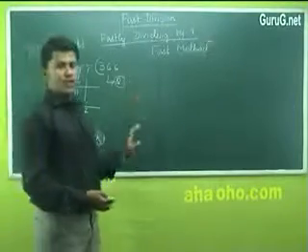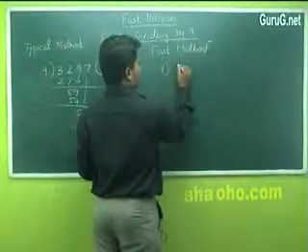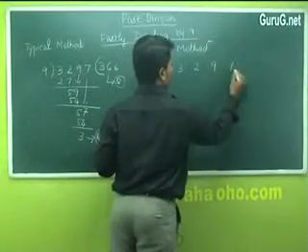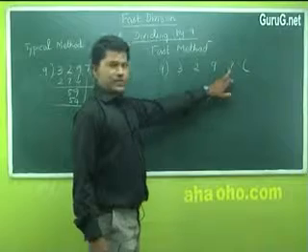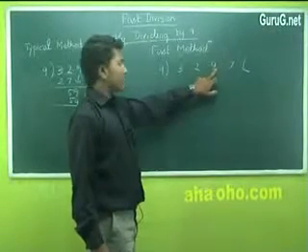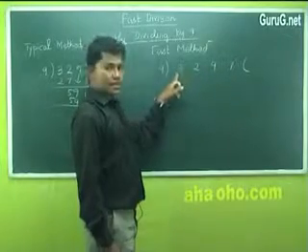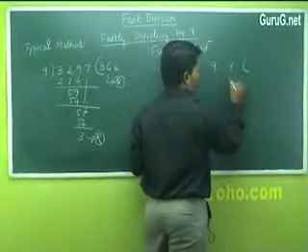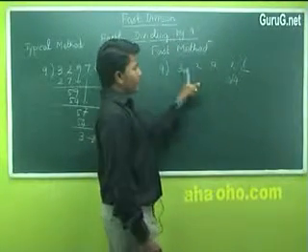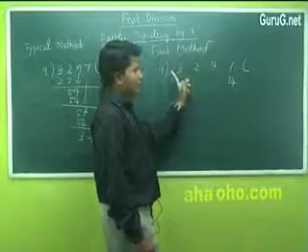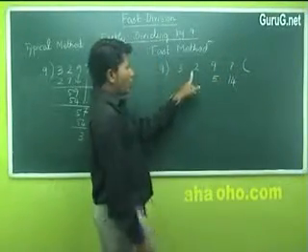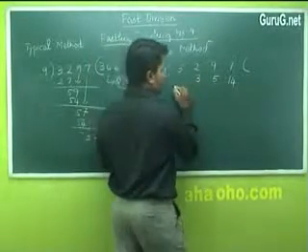Now the corresponding fast method, 3, 2, 9, 7. What should you do? Take the last digit, observe the numbers before it. So add all these numbers. 9 plus 2, 11. 11 plus 3 is 14. So place 14 here. Now take 9. There are 2 digits available before it. 3 plus 2 is 5. Place 5. Now take 2. 3 is before it. Place 3.